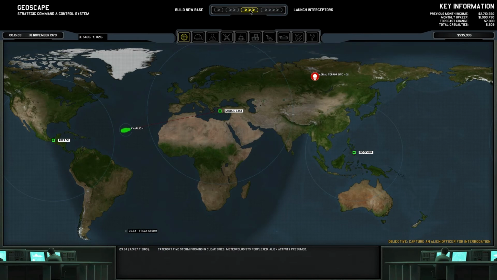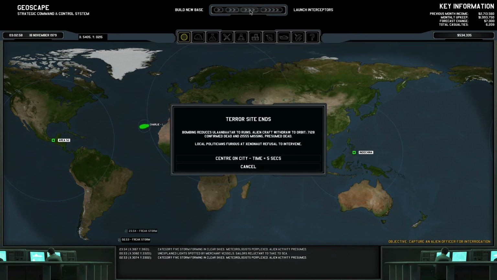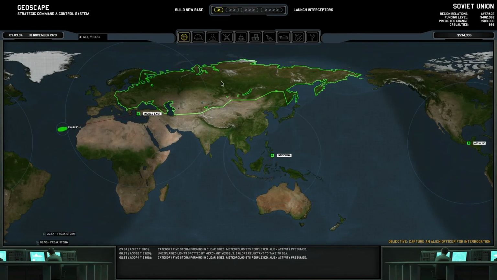We do have a real problem now, of course, that we have our Foxtrot down. The bombing reduces Ulaanbaatar ruins. Alien craft withdraw to orbit. 7,128 confirmed dead and 21,555 missing, presumed dead. Local politicians furious at Xenonauts' refusal to intervene. Well, I didn't exactly refuse to intervene, but there is a...